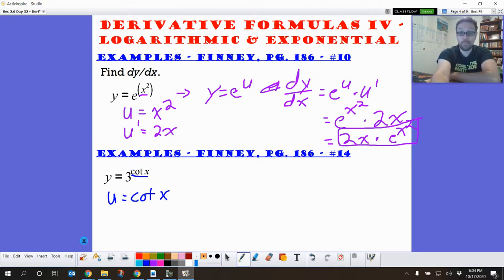So our property for this one says that our dy dx, our derivative, is going to be 3 to whatever u is, because our 3 is acting as that a in that rule. Hopefully you've got it written just a little bit above your paper. I've got it over to the side here with me. 3 to the u times the ln